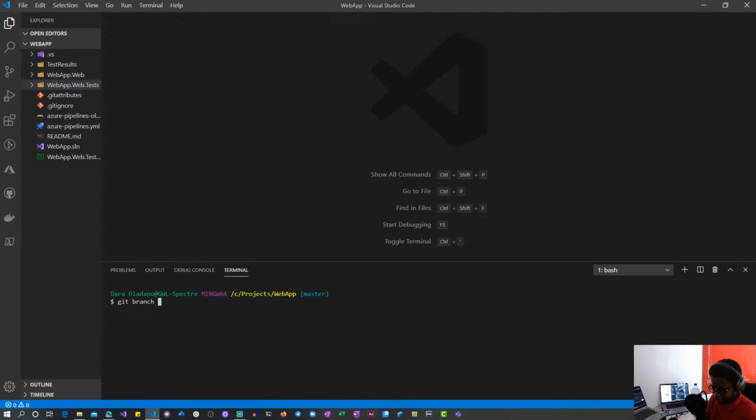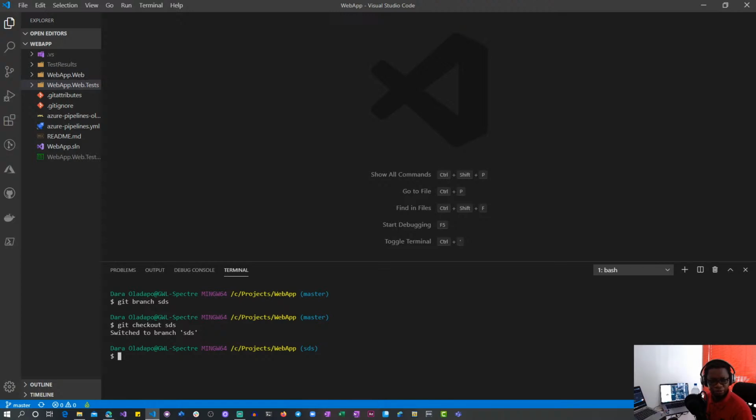So I'll just do a git branch SDS, so it will give me a smooth start of the branch, and I can do every little thing I need to do. So I'll do a git checkout SDS, so it leads me to the branch I'm supposed to be working on. Okay, so I'm in the SDS branch now, and then what I will do is